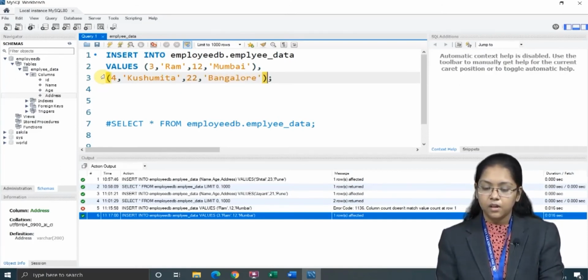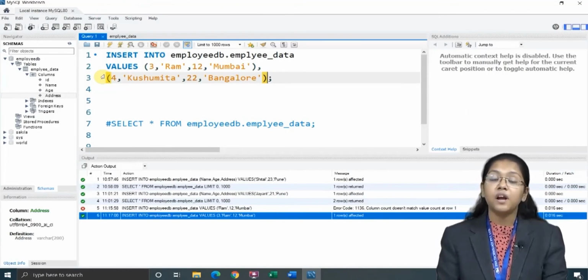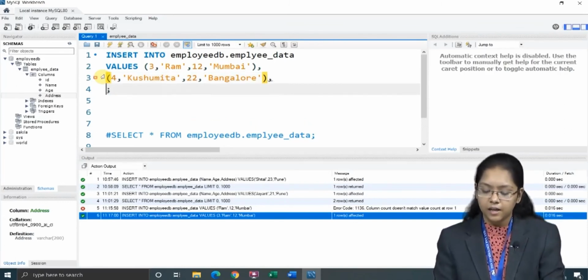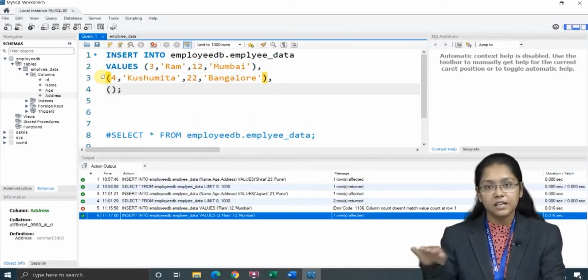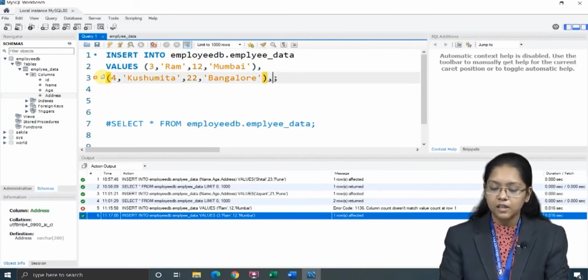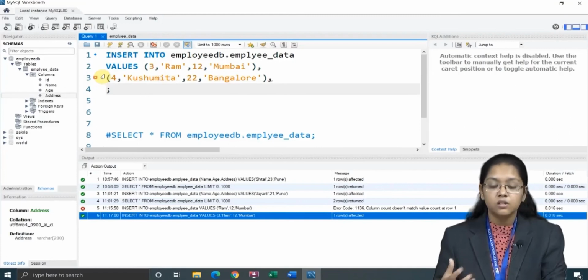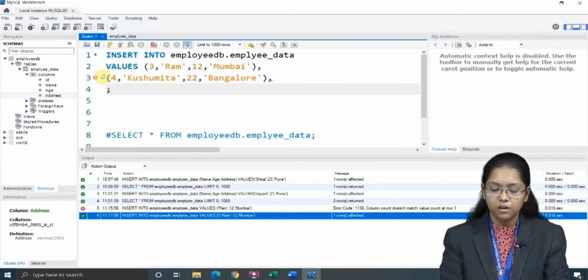Okay. Now see, if I want to add the third row, how can I separate it? Using a comma. So here a comma, then enter. You can write it in a single line also, right? Meaning if you don't want to go to the next line, you can write it here too. Just that I won't have that much space because I have zoomed in my screen, so therefore I am entering it on a new line.